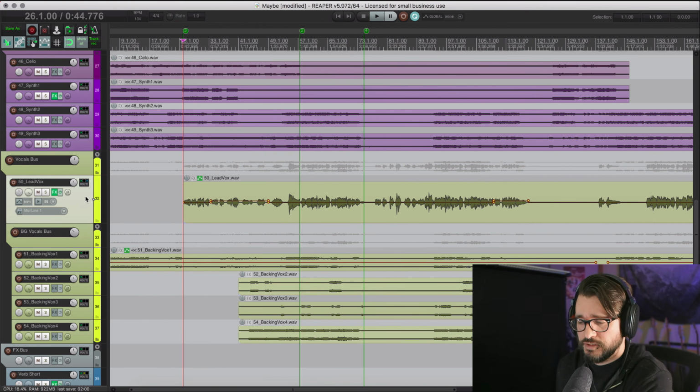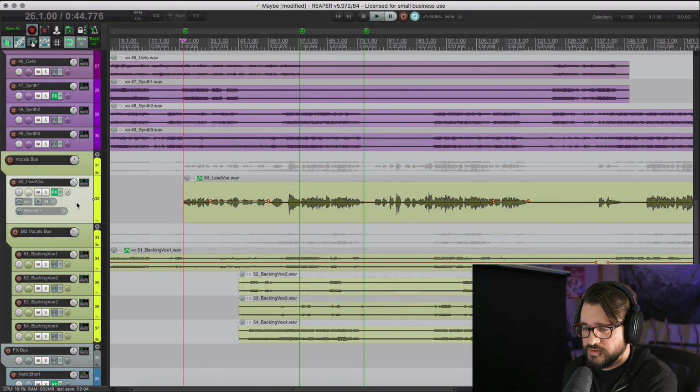Pretty good, but it could use a bit of tightening just to fit with the synths and the other guitars and things that are more perfectly in tune. So I'm using Reaper 5.972. This ARA function was added in